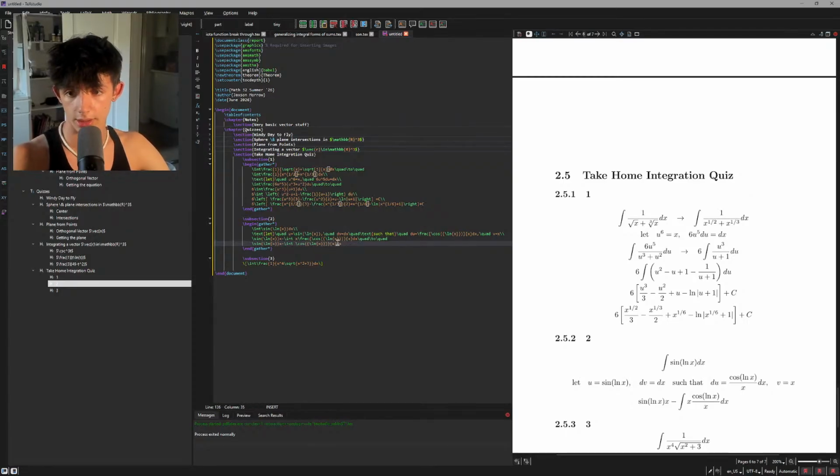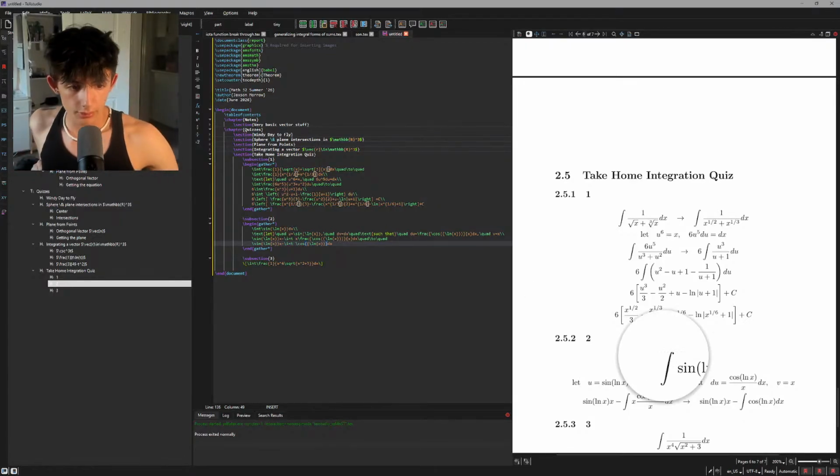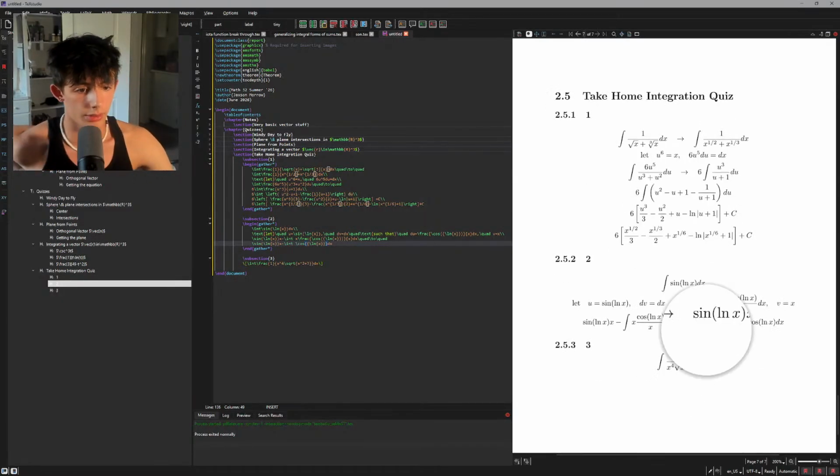Or either x. Okay, so if we just take the derivative of everything,